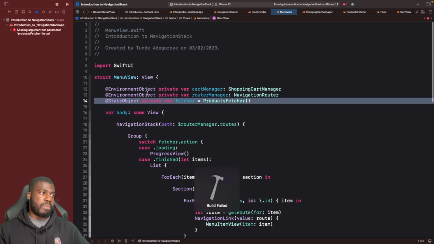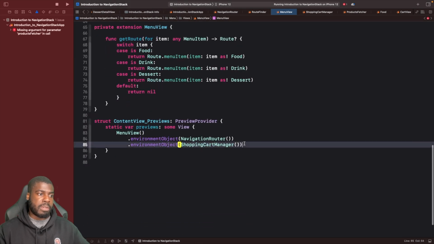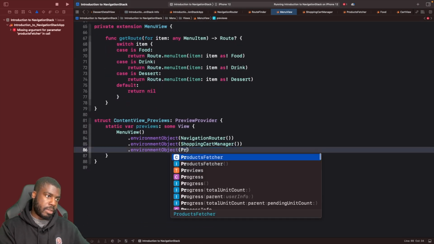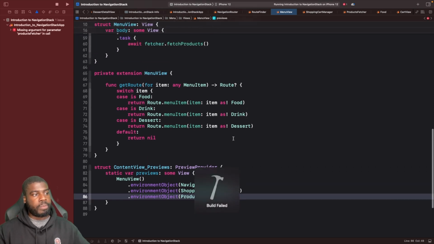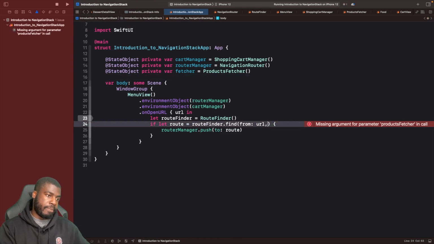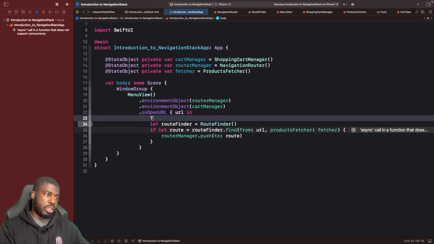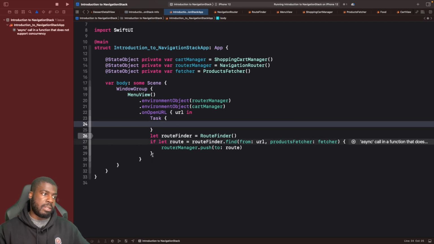And then back in our menu view, we're going to use the environment object and then define the type here as products fetcher like so. Cool. And because we've done this, we now need to also inject it into our previews like so. Now we're able to access this from the root of our application. So we can now say here, fetcher, products fetcher is equal to fetcher, and it will complain because it's async, which is correct. So to fix that, we just want to put this within a task